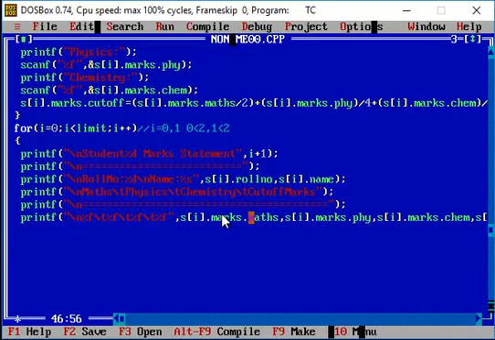So the roll number, name, max, physics, chemistry, and cutoff mark. So all the records are now ready to get printed.